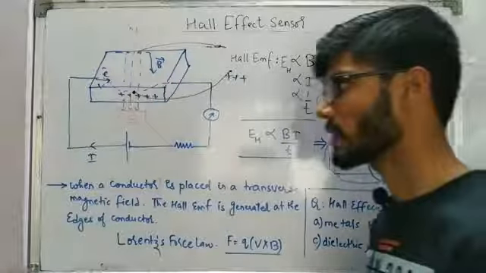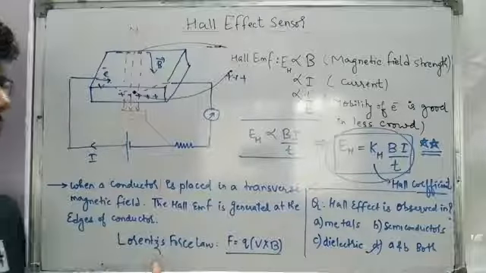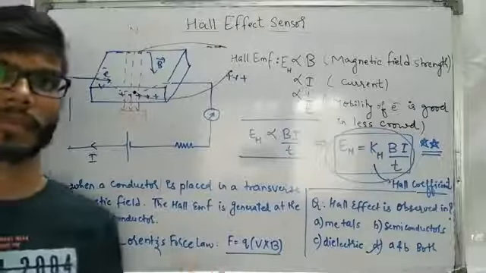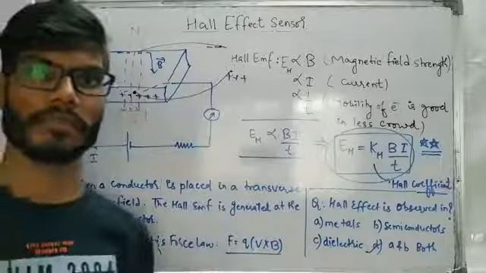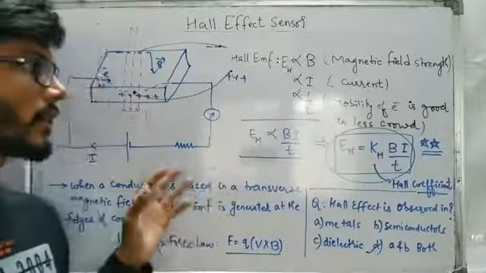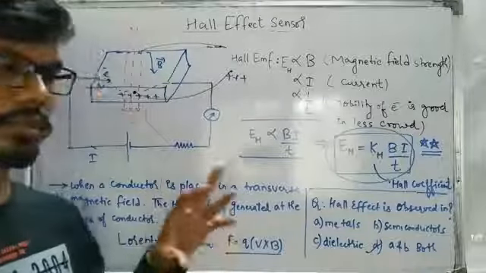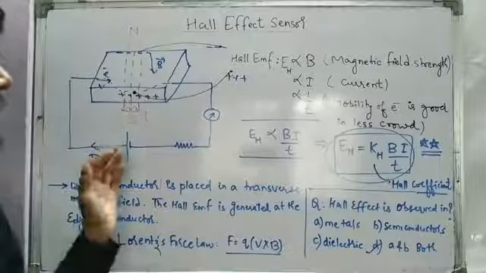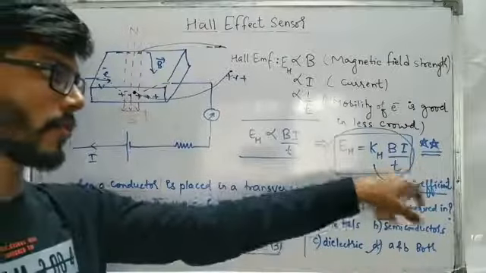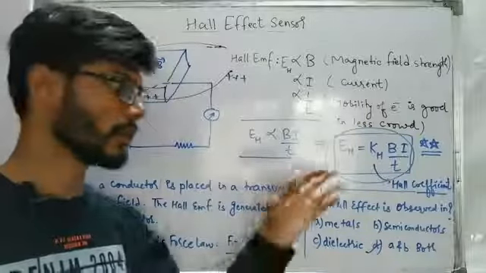So this is the basic idea about the Hall effect, and the same kind of electromagnetic principle we had looked at in the electromagnetic flow meter also, but there the formula E naught was nothing but BVL. So B was magnetic field strength, V is the velocity of flow, and L is the length, which is nothing but the diameter of the pipe. So the same kind of strategy is there, but in the case of Hall effect sensor we have to deal with the current, thickness and magnetic field strength.